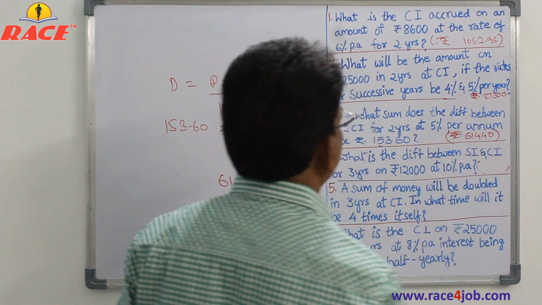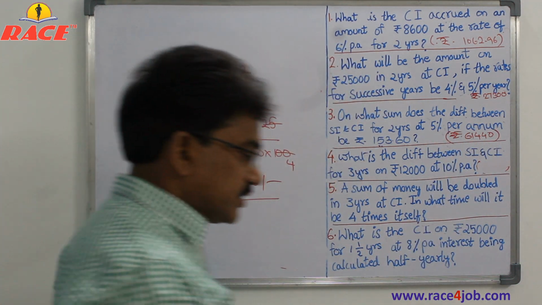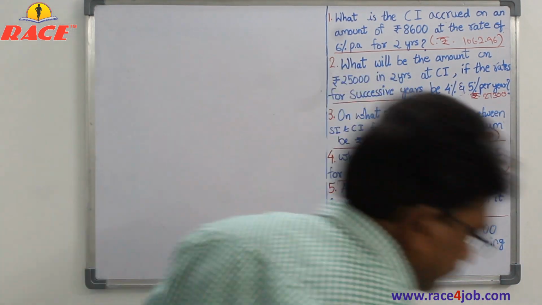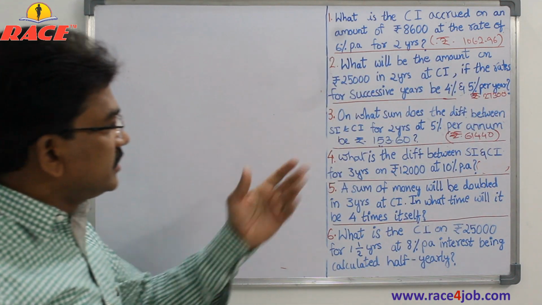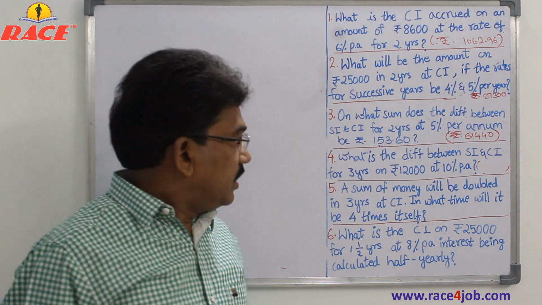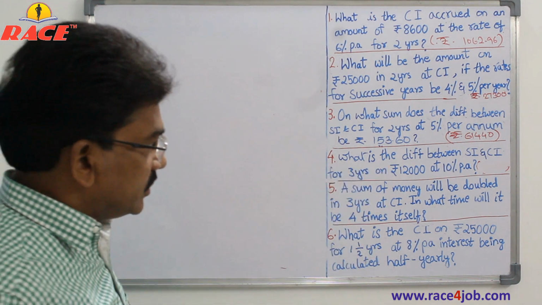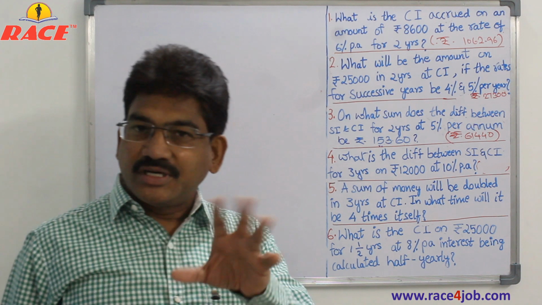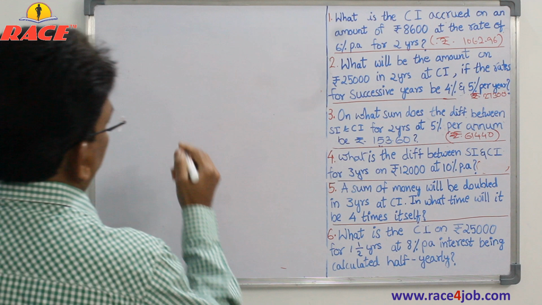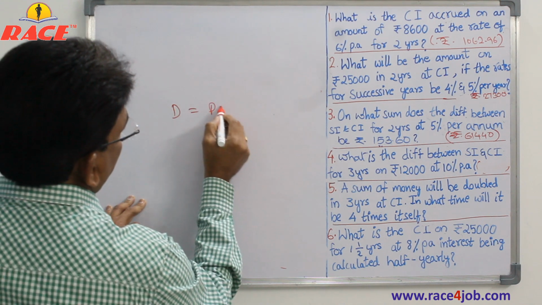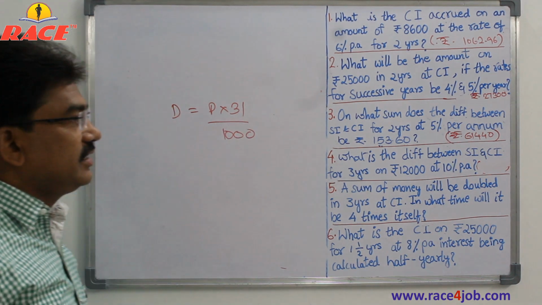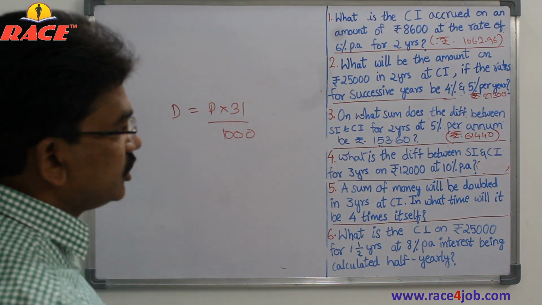This is the third question, difference for 2 years. And the next question is the difference for 3 years. He has asked for a difference for 3 years. And what rate has he given? 10%. For 10% and 5% I gave you separate formulas. So at a 10% rate, the difference is P into 31 by 1000. Use this formula directly. He is asking what is the difference for 3 years on 12,000 rupees.